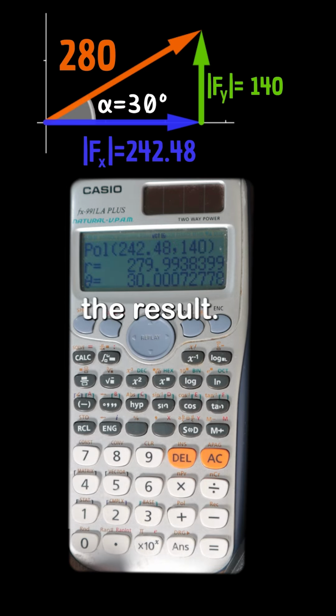The calculator shows you the result. R is your force, for this example, 280, and the angle is 30 degrees. As you can see, these are the data we used at the beginning for the Rec function,